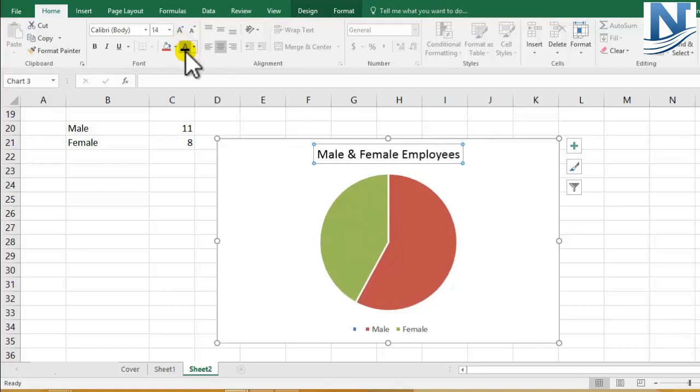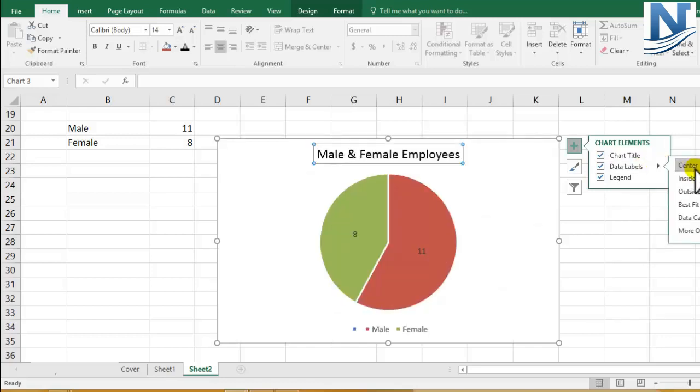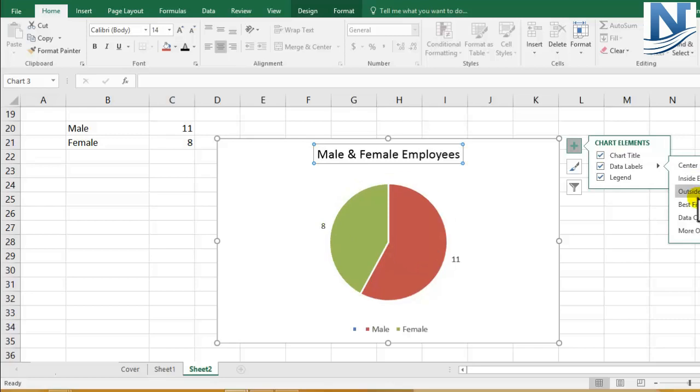You can color it differently. So these are the male and female employees. If I click on the plus sign, I'll click on data labels, so the number of employees will be visible. You can make it at the center, at the inside end, outside end, best fit, or you can use the option for data callout as well. I'll just keep it as outside end.